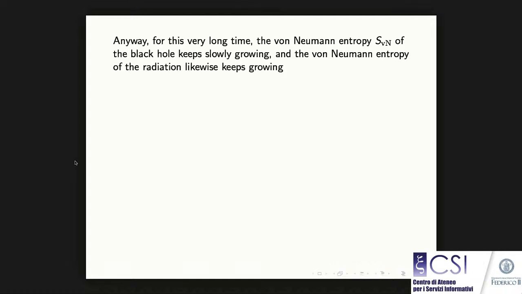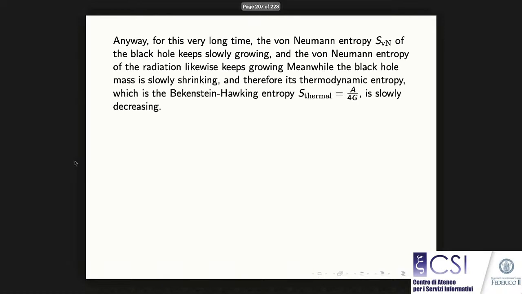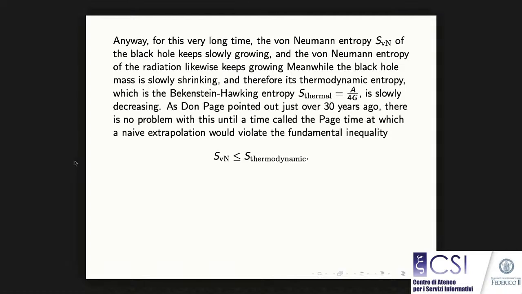Anyway, for this very long time, the von Neumann entropy of the black hole keeps slowly growing, and the von Neumann entropy of the radiation likewise keeps growing. And for a very, very long time, there's no problem with it. Meanwhile, the black hole mass is slowly shrinking, and therefore its thermodynamic entropy, which is the Bekenstein-Hawking entropy, the black hole horizon area over 4G, is slowly decreasing. As Don Page pointed out just over 30 years ago, there's no problem with this until a time called the Page time,